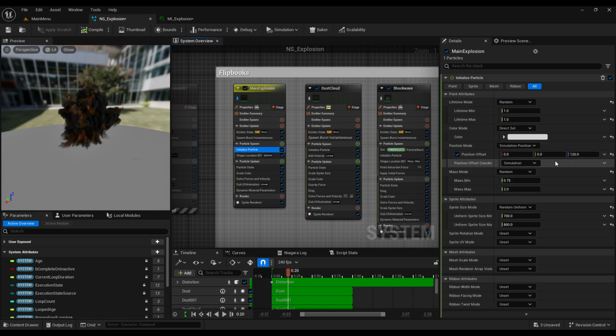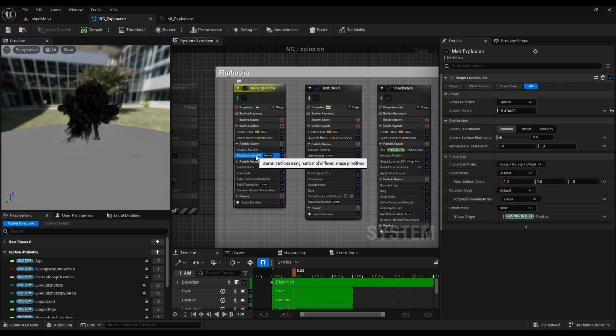I moved it and checked which would be the best position, and the 120 was the best position from 0 to this to get this bottom part on the pivot, and set the mask mode to 0.75 to 2 to random value, and set the sprite size to minimum to 700 and maximum to 800 because I want this explosion to be massive. So yeah, and then